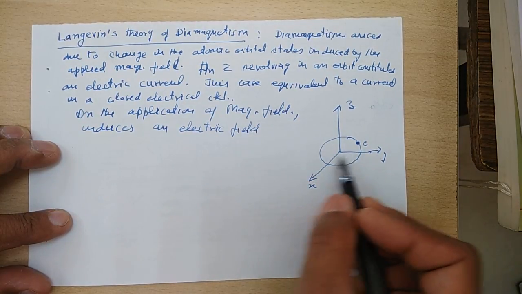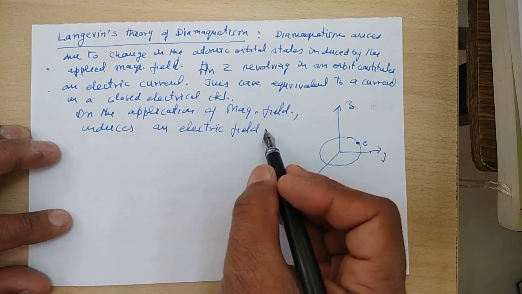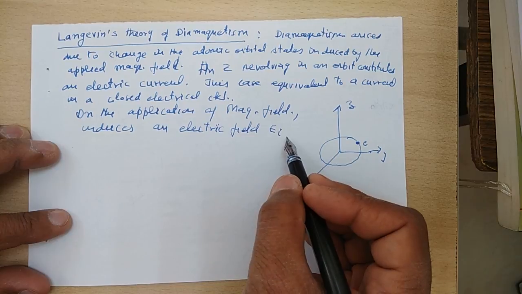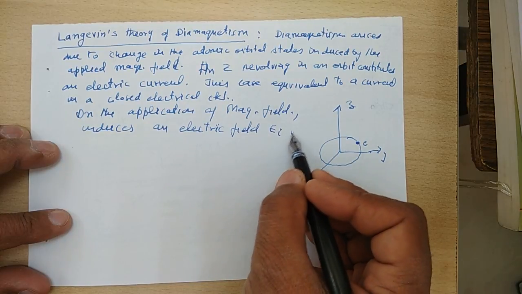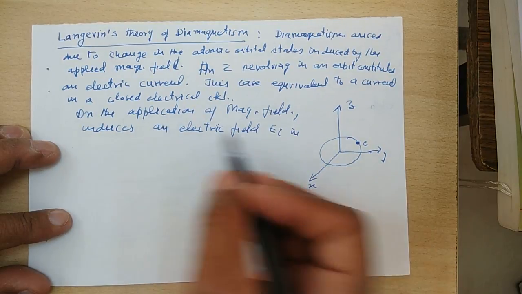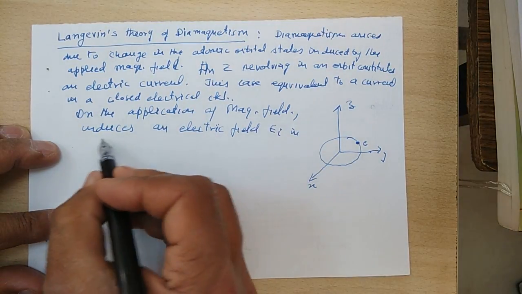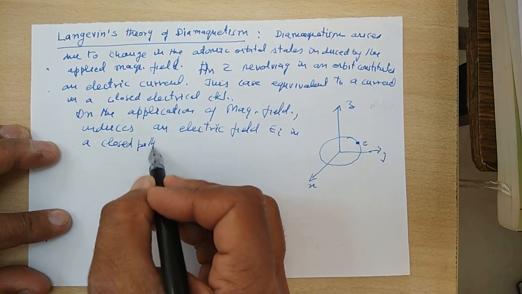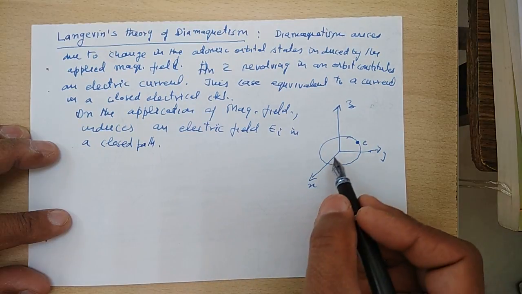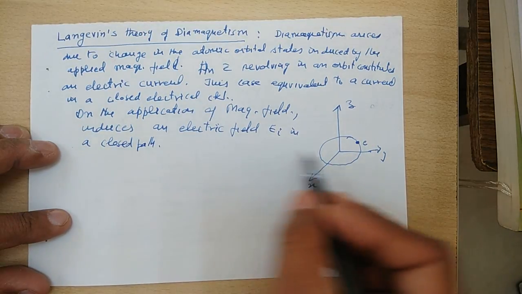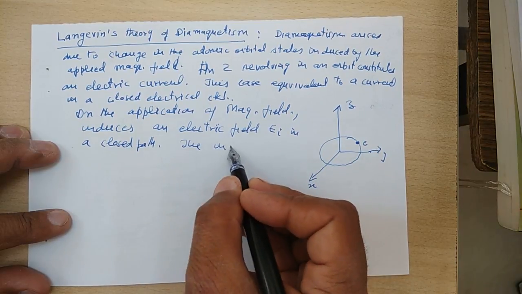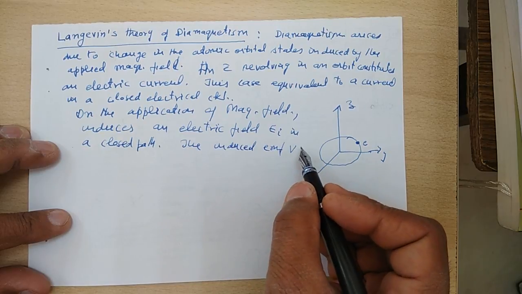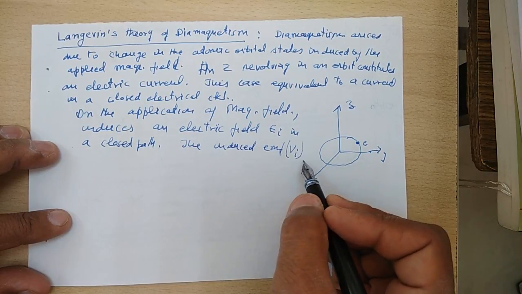Here we can denote it, say for example, EI, in this closed circuit, or in this closed path. And the induced EMF, which I denote with the symbol VI,